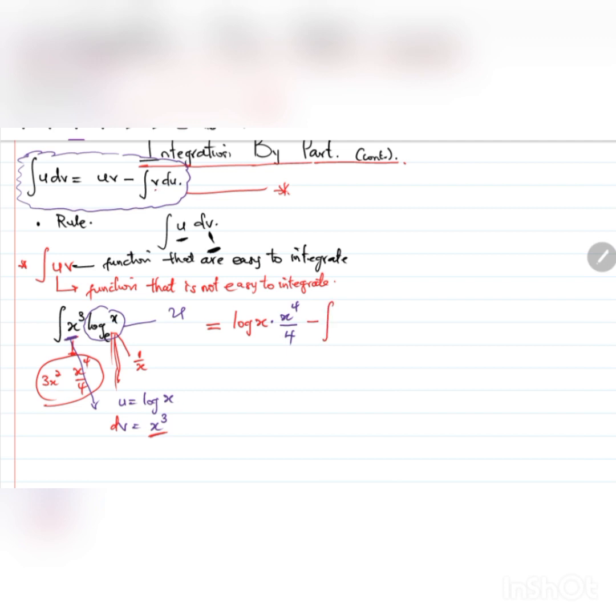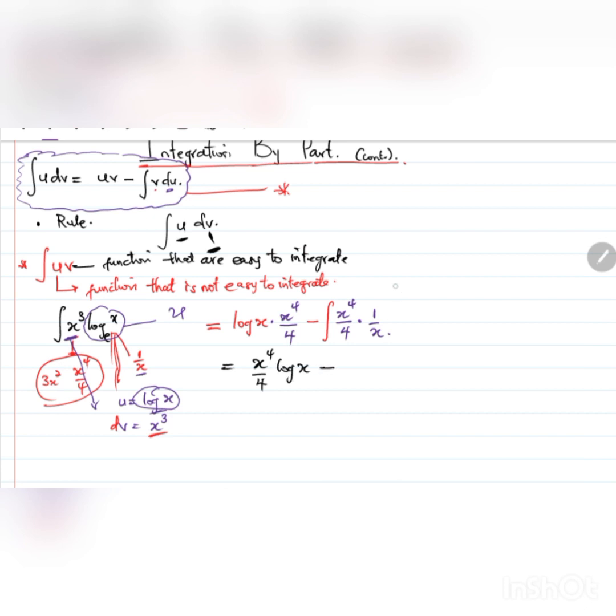What is v? That's still x raised to power 4 over 4, times du, that is, differentiate log x. And if I differentiate log x, I have 1 over x. So that's times 1 over x, which is equal to x raised to power 4 over 4 log x